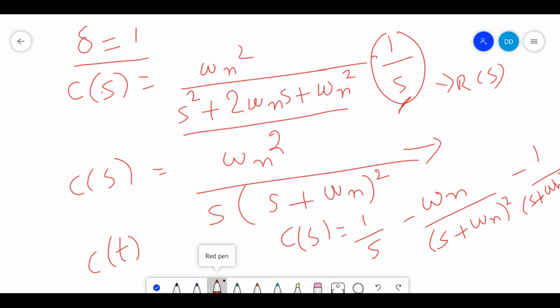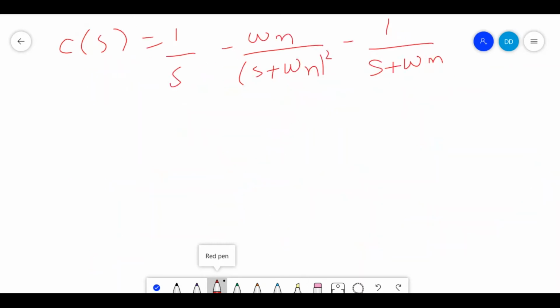We get this. So now we can take the inverse Laplace. C of t is equal to 1 minus omega n into t into e to the power minus omega n into t